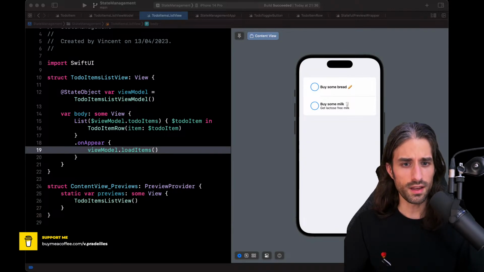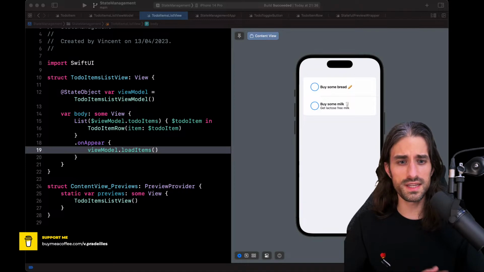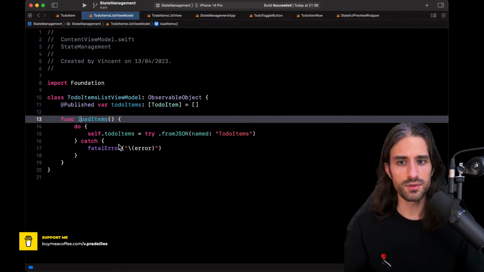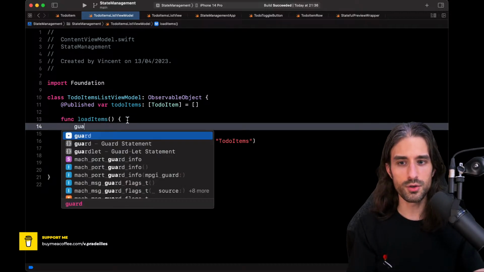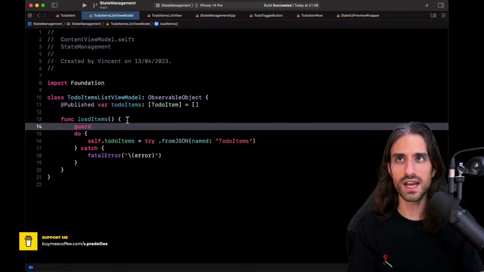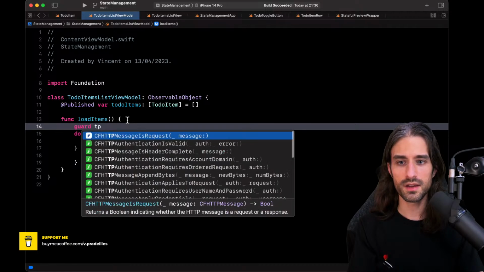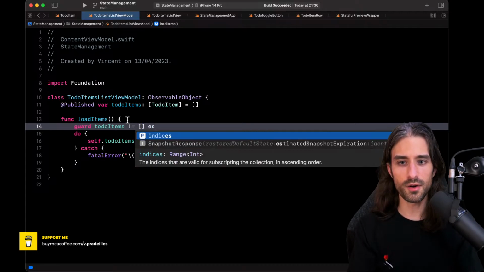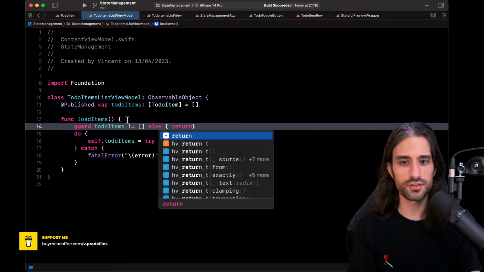And so indeed, if you want to only do the loading once, then you would need to add some extra logic inside the view model, because maybe you actually want to refresh the data also. But for instance, you could do something like guard todoItems is different from the empty array, else just return.